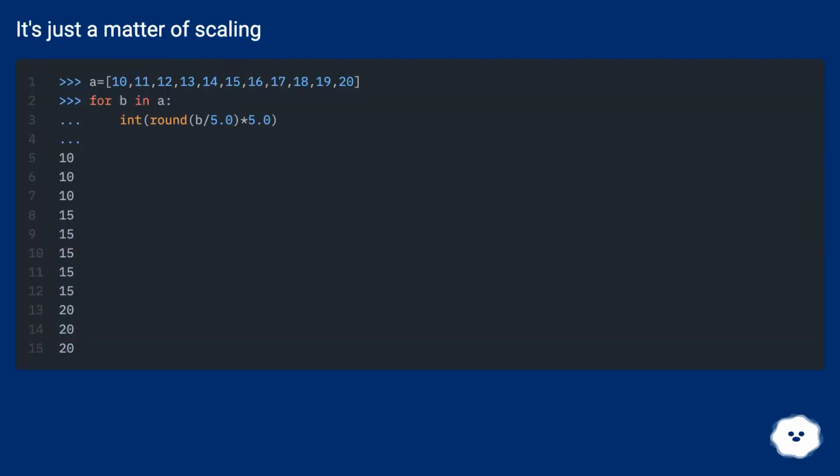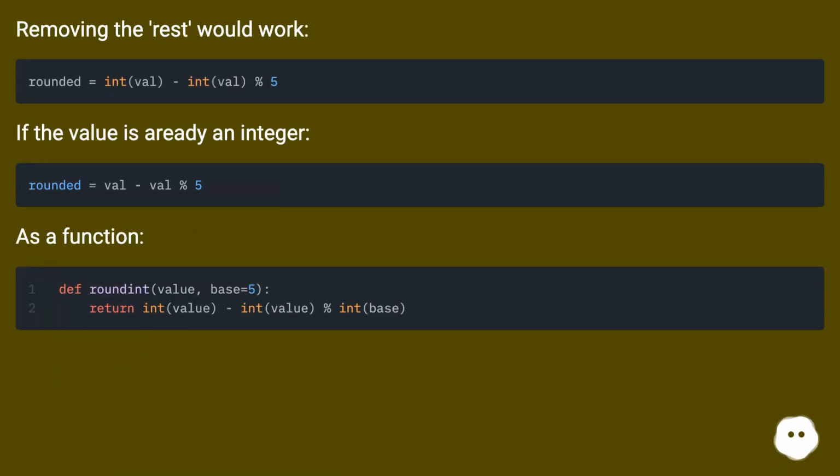It's just a matter of scaling. Removing the rest would work, if the value is already an integer. As a function,